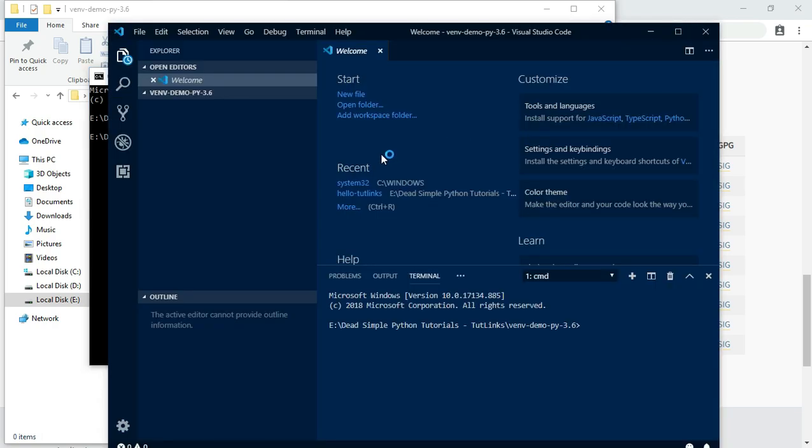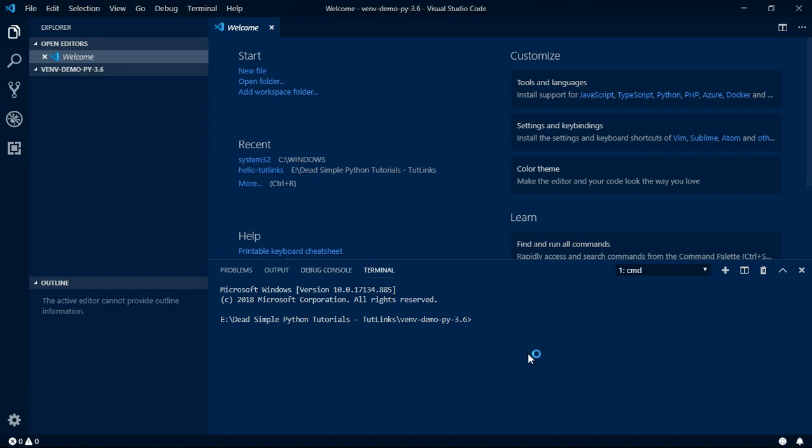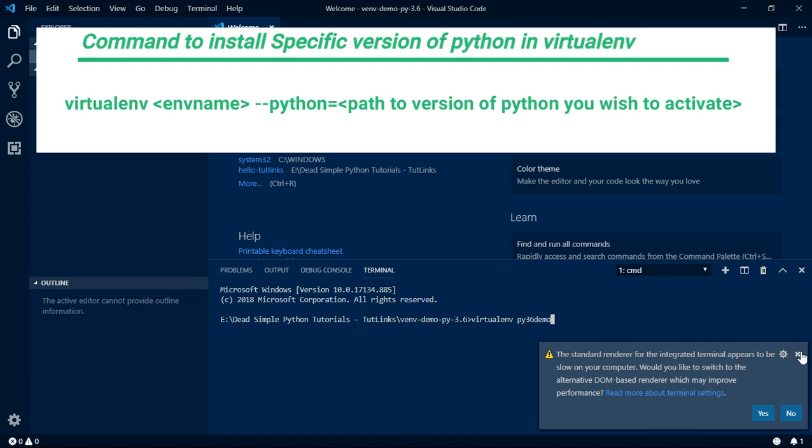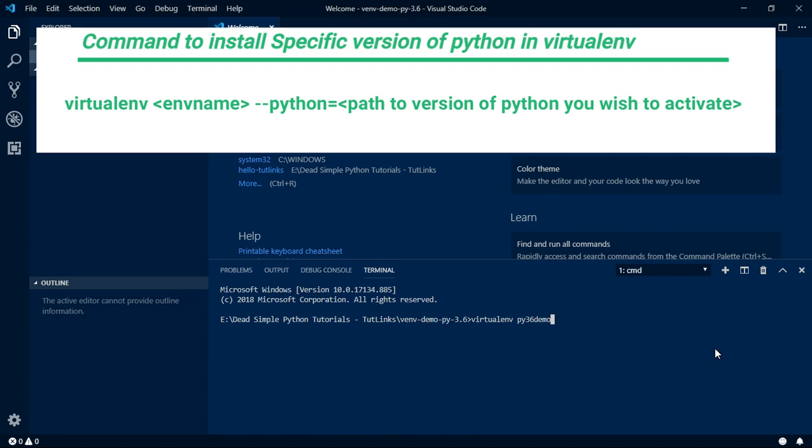Alright then, so now I will install the virtual environment by typing the command virtualenv space the name of the virtual environment I want to give. Remember that the name could be any name of your choice, but be sure to remember it. So for demonstration purposes, I am giving Py36 demo as the name of the virtual environment.